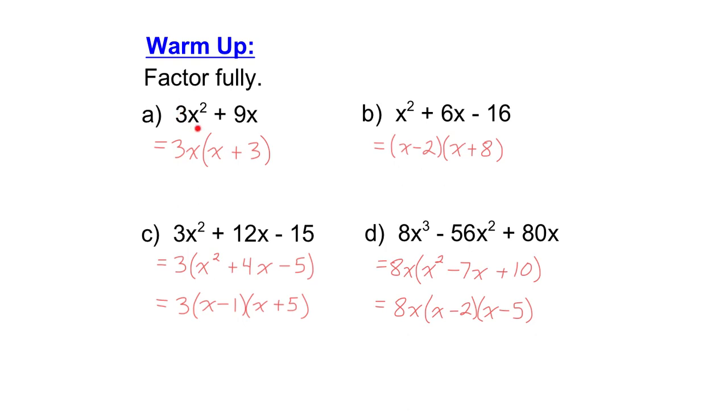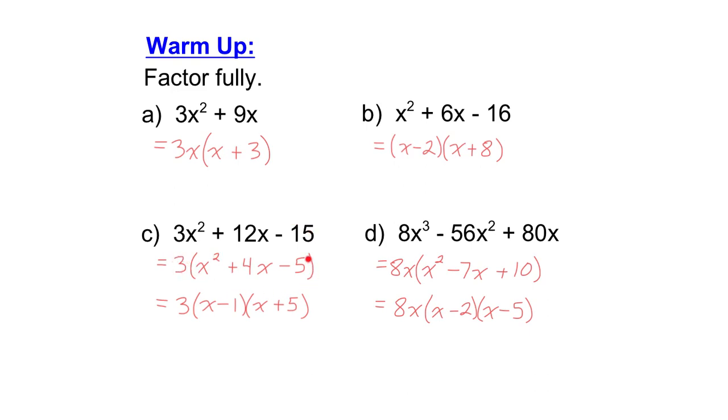The first one, we look for common factors. The greatest common factor is 3x, and the other factor must be x plus 3. The next one, there is no greatest common factor for 3 terms. So this is just a simple trinomial. We find two numbers that multiply to -16 and add to +6. That's -2 and +8. For the next one, we have a greatest common factor of 3, which leaves us with